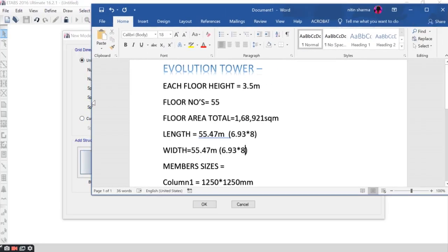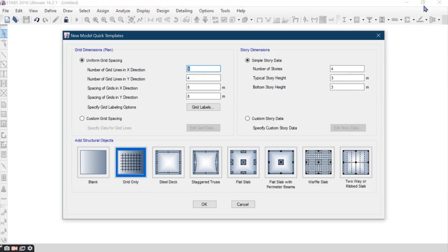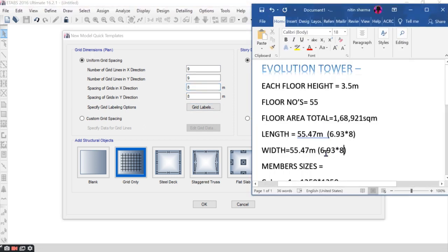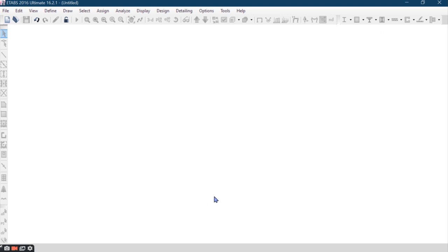So in the x direction 9 grids, and in the y direction there are 9 grids, and the span is 6.93 meter in this direction, and here also 6.93. Okay, so number of stories is 55, the typical story height is 3.5 meter, and the bottom story height is also 3.5 meter. You can see I have written this data here. So click OK,